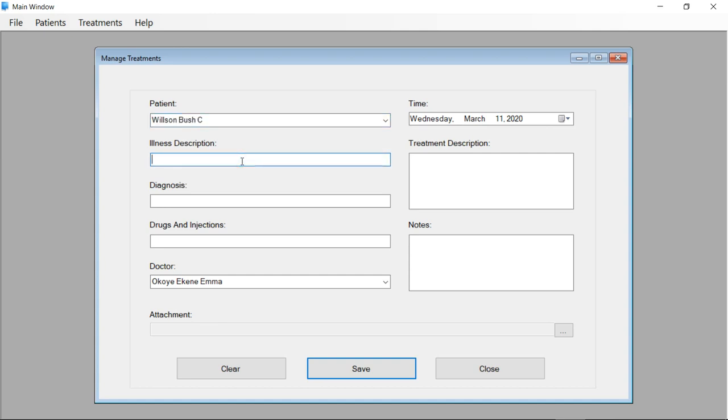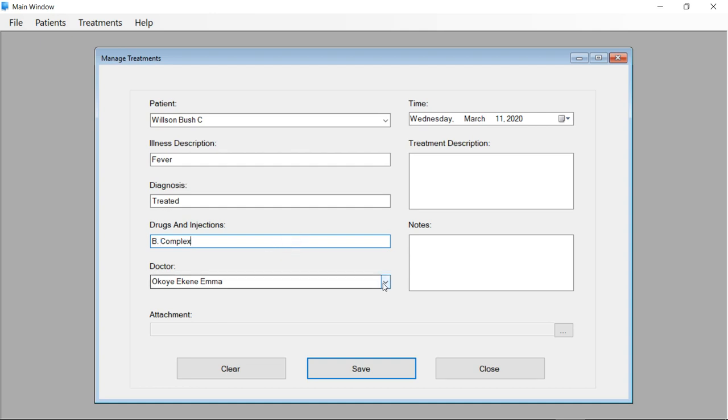Now we can describe the illness here, like let me say fever. I'm not a medical practitioner precisely, I'm just a programmer, so here I can write my diagnosis, treated, or I don't know, I can just put in anything here at all. And here injections, maybe B complex or whatever, I don't know. I'm not so much a fan of the health sector, B complex and other stuff.